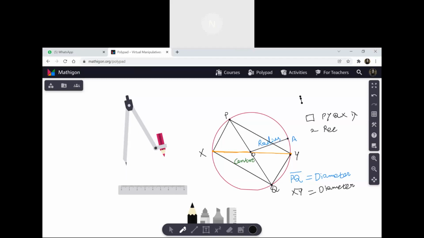Very good. Sir, how can we say it is rectangle? The two opposite lines are equal. You are right. Opposite sides are equal. But how is PX equal to QY? And PY equal to XQ? You have to prove it. In ninth, you will be learning how to prove this. Don't worry. We'll be proving later. Your guess is correct, it is a rectangle. How to prove? You have to do it in class 9. Now I'm going for the next question.